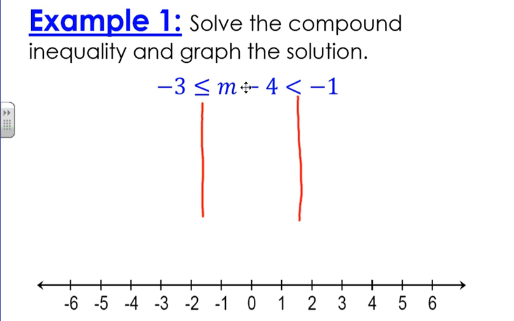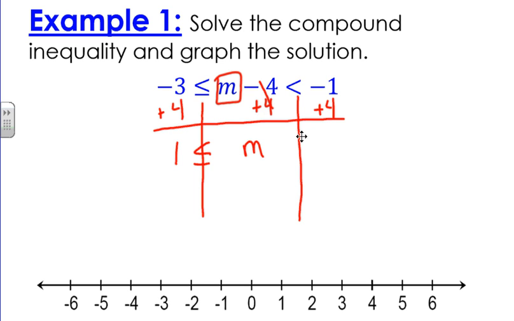I have to solve it as one. So what I'm going to do is get M by itself. Just like I would if I was ignoring this, I need to move the minus 4 away from M, so I would add 4 to both sides. But instead of having 2 sides, I have 3 sides this time. So I'm still trying to get M by itself, but I'm trying to get it in the middle. So I've got to move that minus 4 from the middle to all of my sides. And when I do that, I get 1